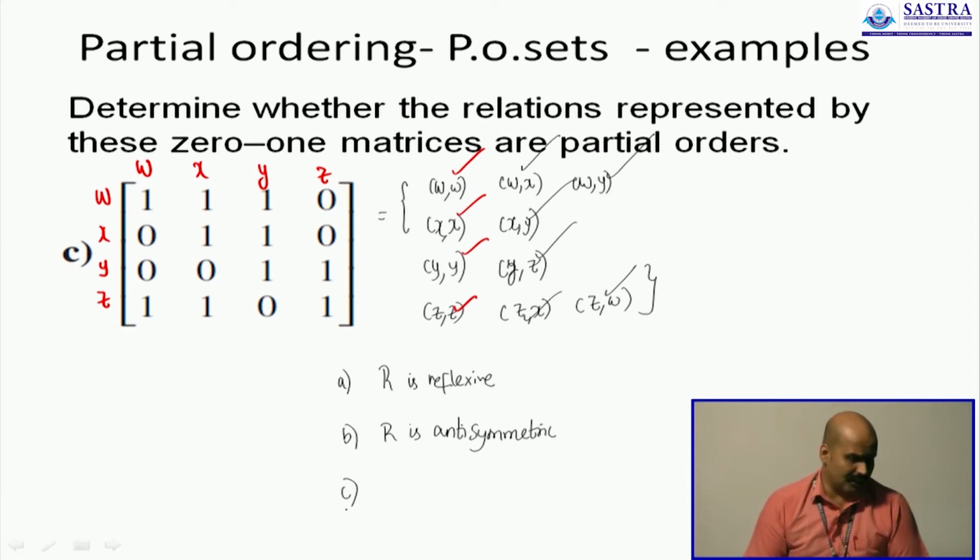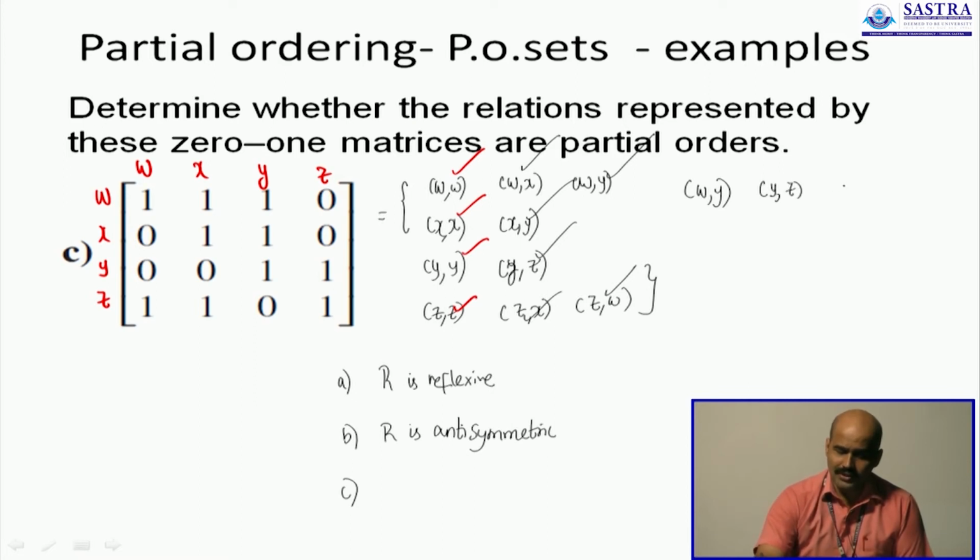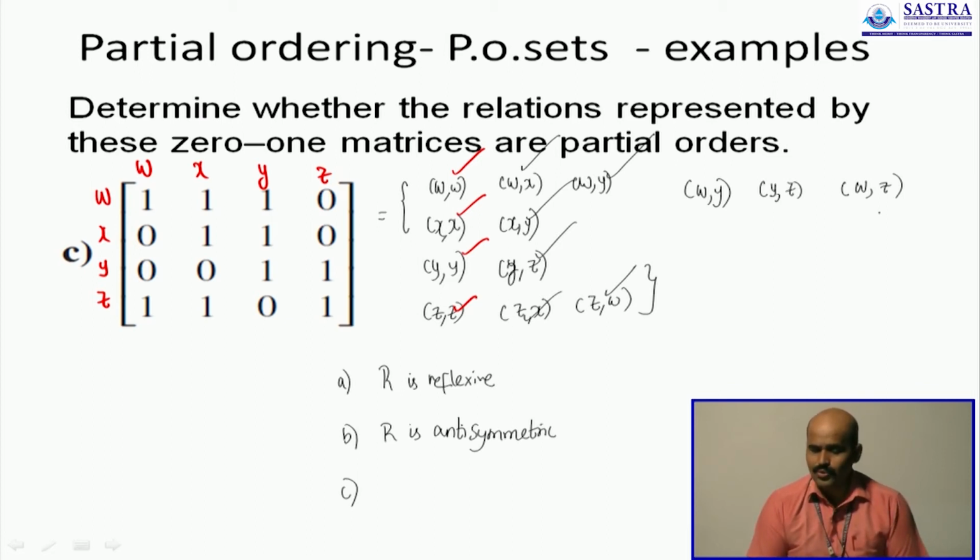Only one of the 2 symmetric pairs is present, a maximum of only one of the 2 pairs. Now can we call this a transitive relation? Can you select 3 distinct elements and show that you can always vouch for a third ordered pair provided 2 similar ordered pairs do exist? Let's check it out. You cannot call this a transitive relation, because you have an ordered pair in WY, you also have an ordered pair in Y comma Z, but this doesn't result in the ordered pair W comma Z. WY is present, YZ is present, but WZ is absent.